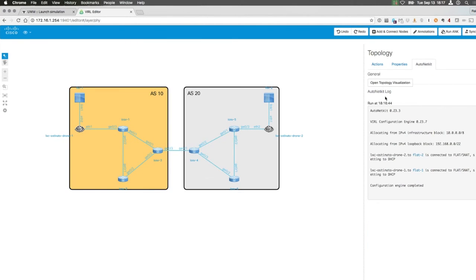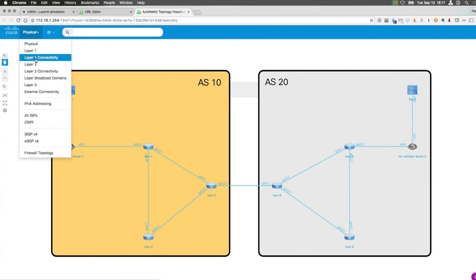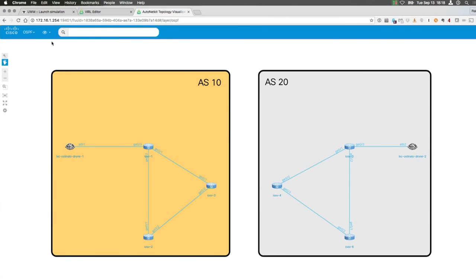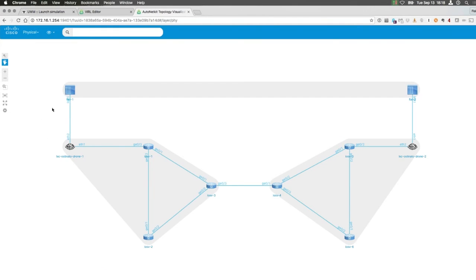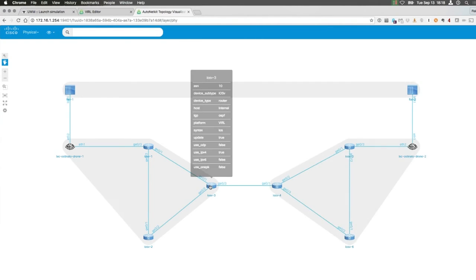We could also verify this by opening up the topology visualization, and then we would see a rendering of the topology pre-launch. So this is not launched yet, but we can still view various aspects of the topology using this little button drop-down menu over here, where we can say, okay, show us OSPF information, and for this we want to hide the annotation layer. So we can see, for example, that this is AS10, that there are like various parameters being set for the routers within this autonomous